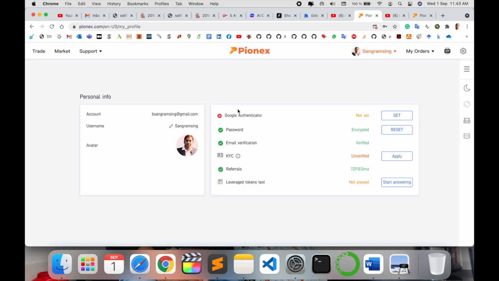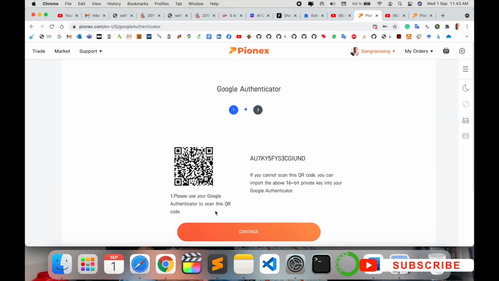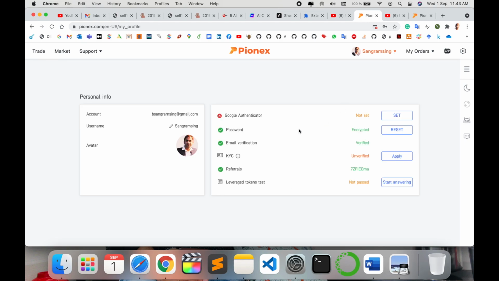The pictures are available here. Or Google authentication: if you activate two-step authentication, you can set the authentication like a QR code scan and then continue using your mobile application. You can do the same process on the mobile application, iOS and Android.